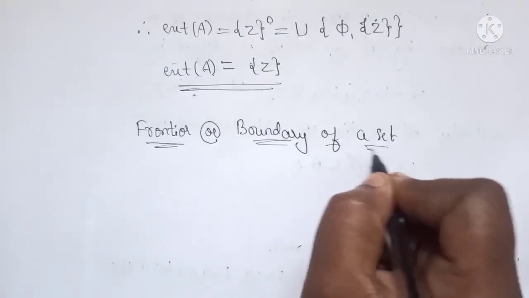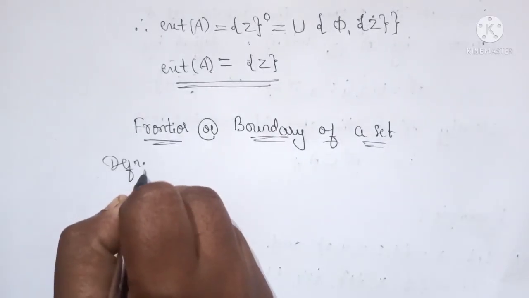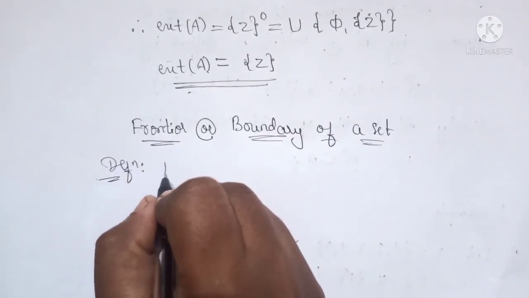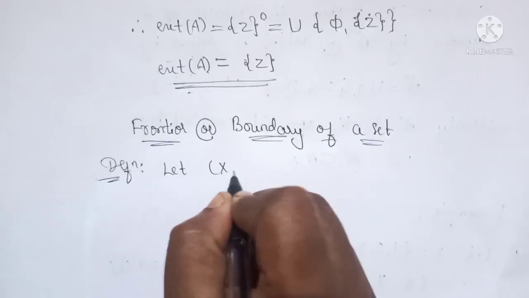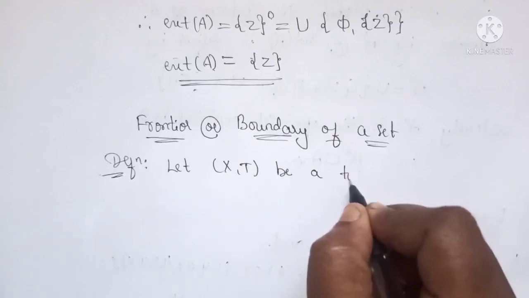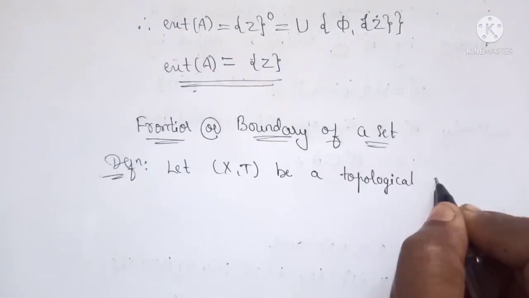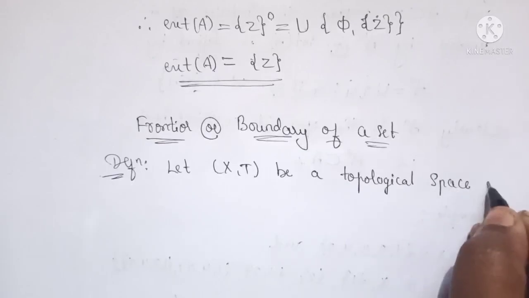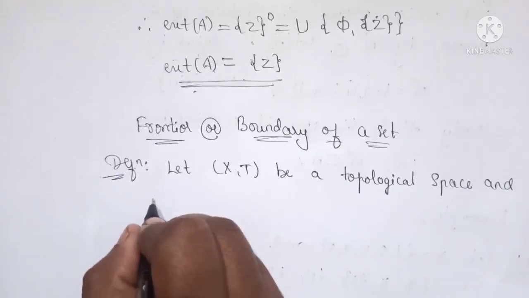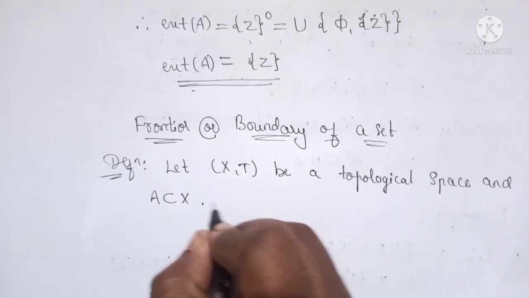All these definitions are very important. Okay, definition: let (X, T) be a topological space and A be any subset of X, then